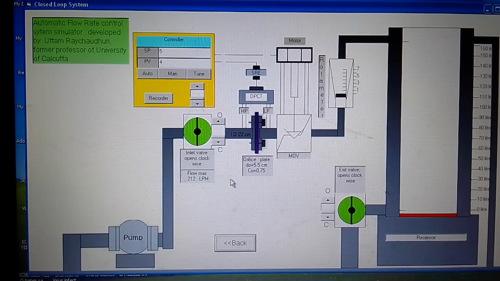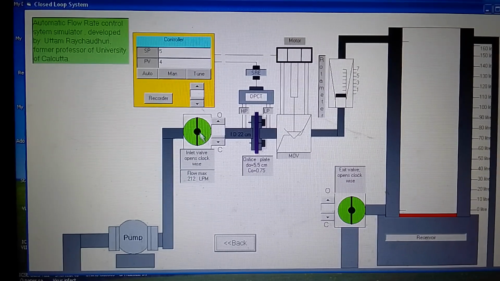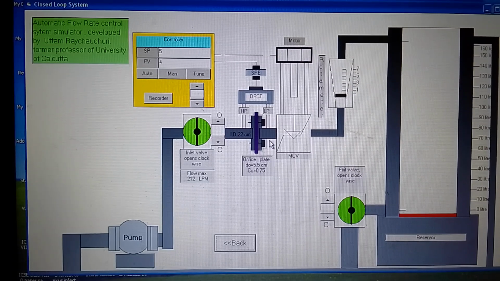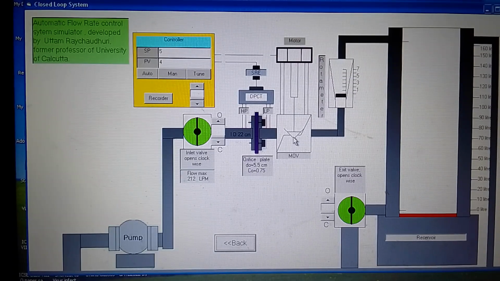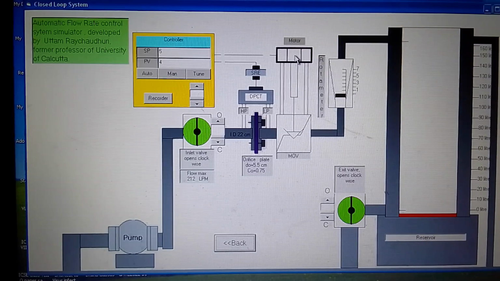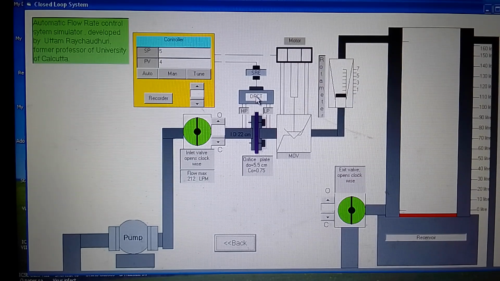Here you will find that the same inlet valve which is manually operated will be operated only once and you do not operate it again. To have control over this flow rate, you can adjust any flow rate you want with the help of this controller and this control valve, which is a motor operated valve or MOV, and this motor is directed by the controller which gets the information from this DP cell transmitter as an electrical signal which comes out from the DPCT